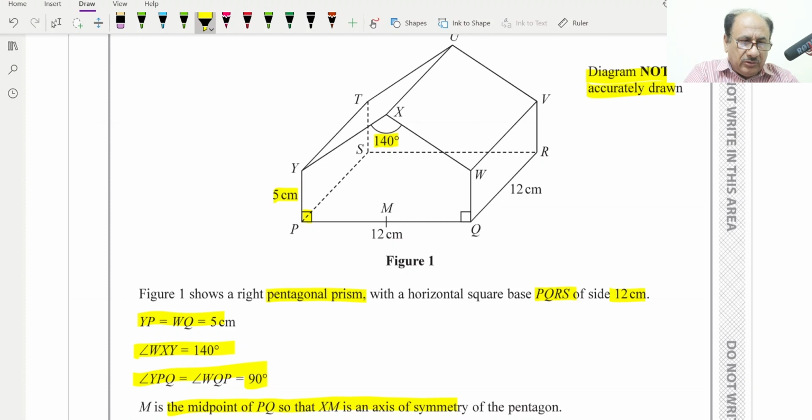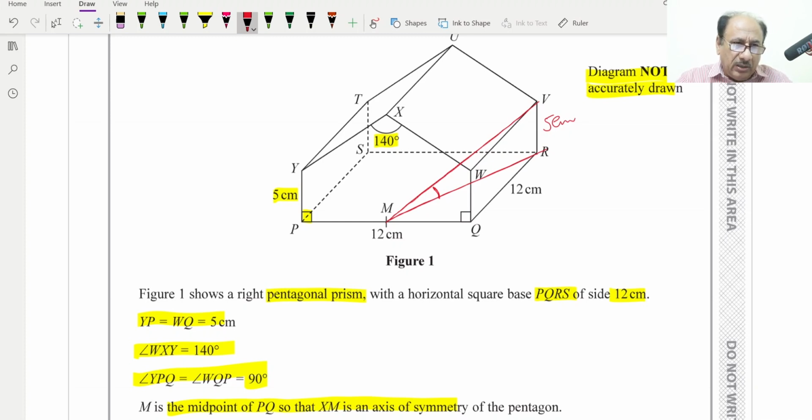So if we join V with M, this will be VM and R. If we also join R with this one, so this will be VMR, and we have to find this angle. To find this angle, we have this height which is 5 centimeter, and we need MR, so we